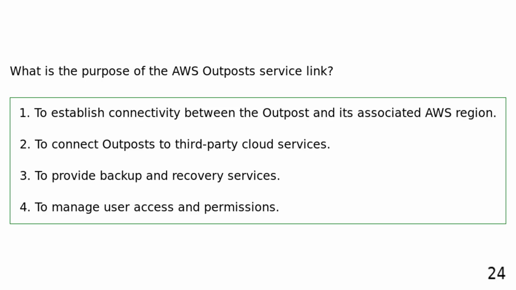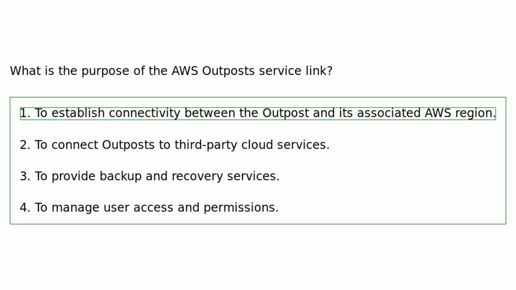What is the purpose of the AWS Outpost service link? To establish connectivity between the Outpost and its associated AWS region. To connect Outposts to third-party cloud services. To provide backup and recovery services. To manage user access and permissions. The AWS Outpost service link is used to establish connectivity between the Outpost and its associated AWS region for seamless